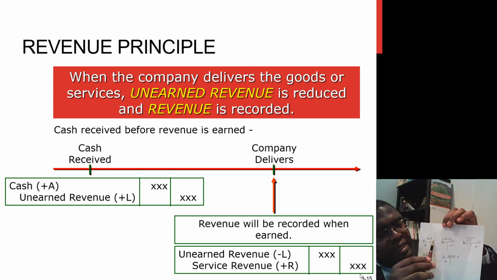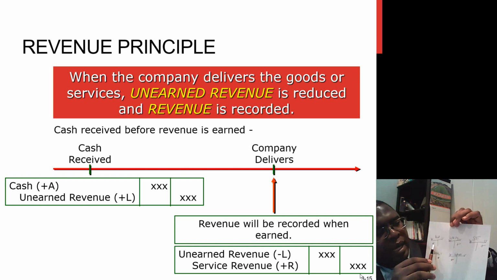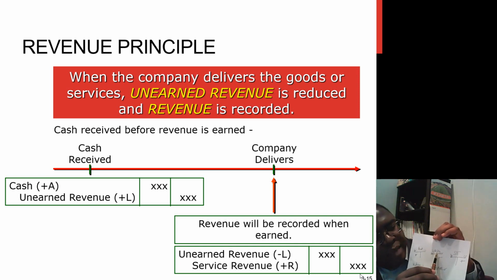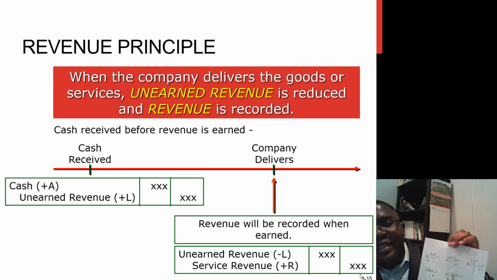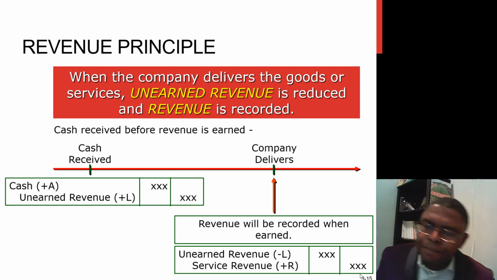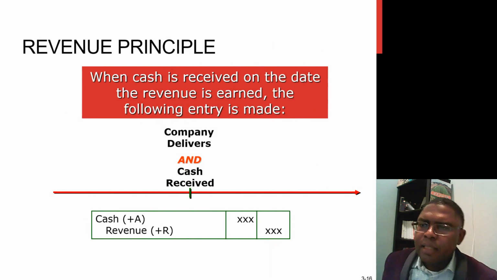We said increases in assets take a debit balance, increases in liabilities take a credit balance, increases in stockholders' equity take a credit balance, increases in revenue take a credit balance, and increases in expenses take a debit balance. So let's look at the second